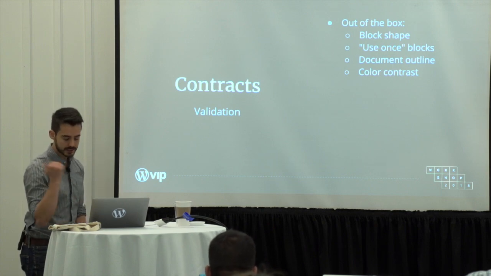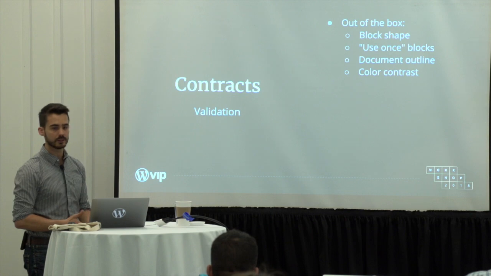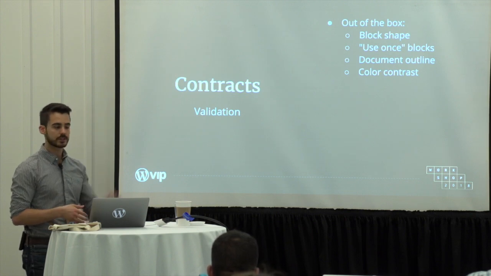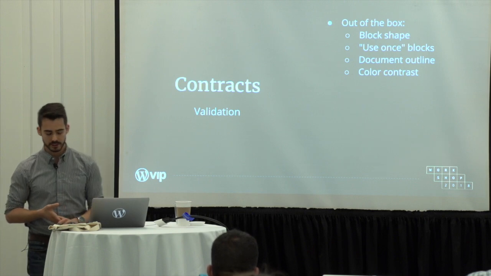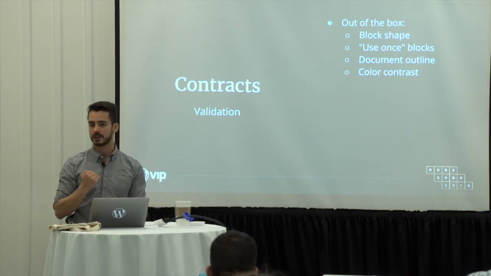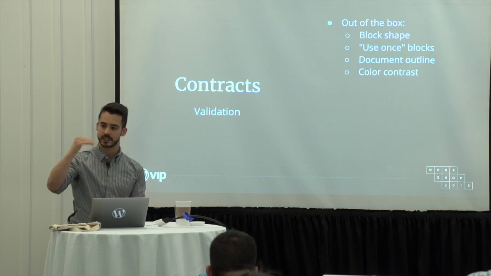Moving on, I was hinting at validation. I mentioned block shape. There's so many other things we can do. One that comes out of the box is document outline. There's a little button in the interface that gives me a glimpse of all the hierarchy of my document by looking at headings. If there's an H2, an H3, etc., I'm going to see the tree